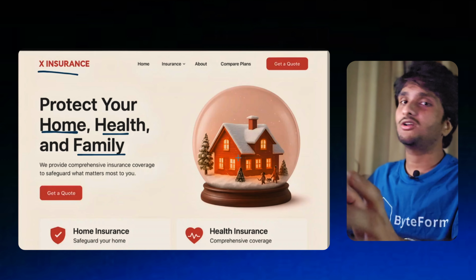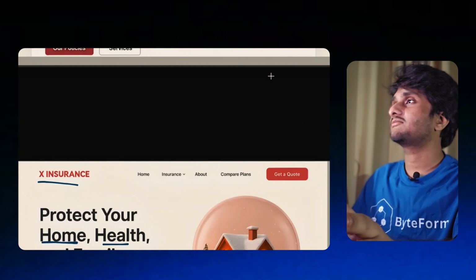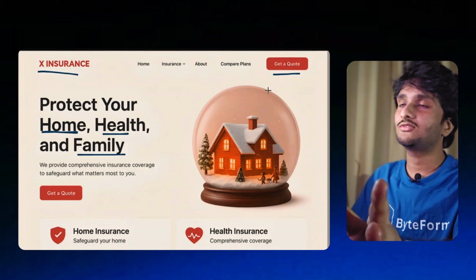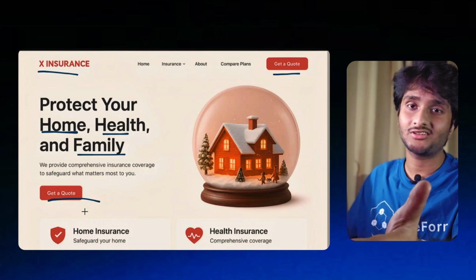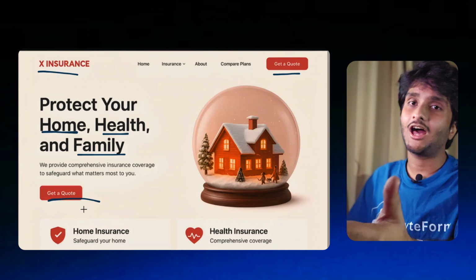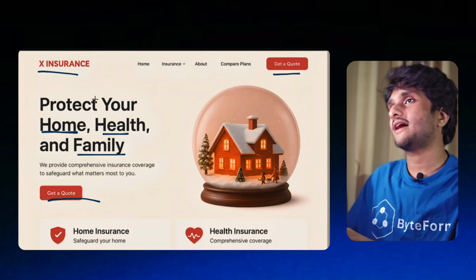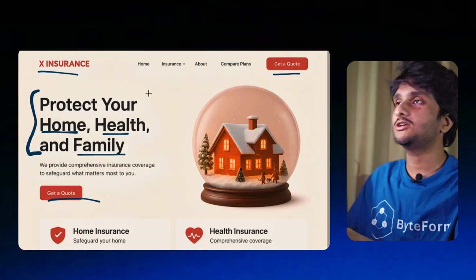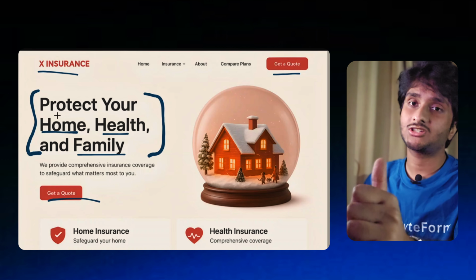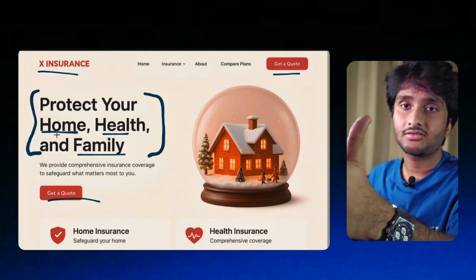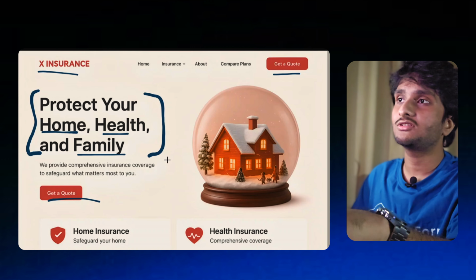Okay, so again, what are the differences between the first website and the second website? Second website, a lot less CTA, so a lot less salesy. But of course you have to put a CTA. If you don't put a CTA, how am I going to contact you, right? But this time the difference is, since you have established value here, the value of your service is, again, protection of your home, health, and family, I am a lot more likely to click on the get a quote button,